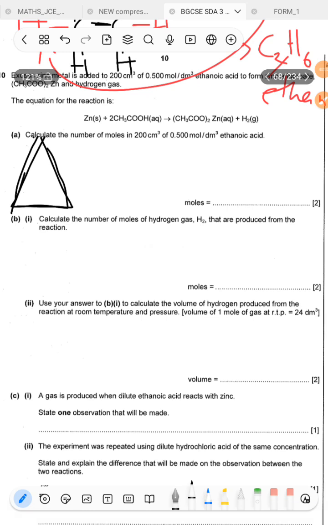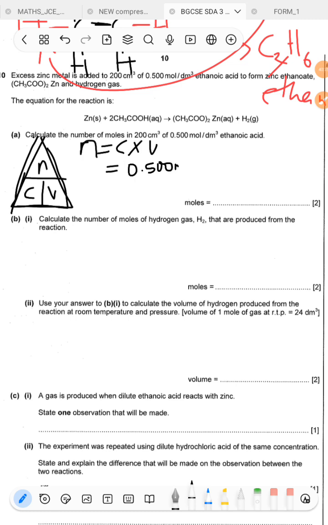Okay, so we have concentration here, moles, then here we have what? Volume. Okay, so what are we looking for? Moles. n is equal to concentration times volume, which is equal to, our concentration is 0.500 mole per cubic decimeter